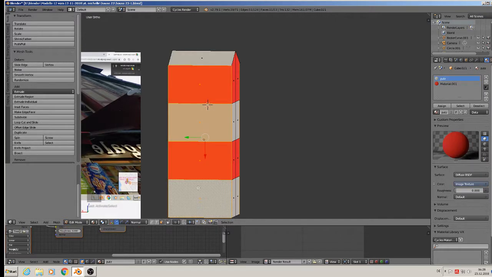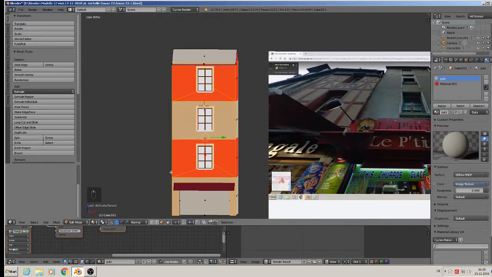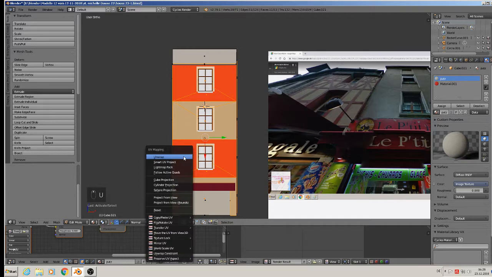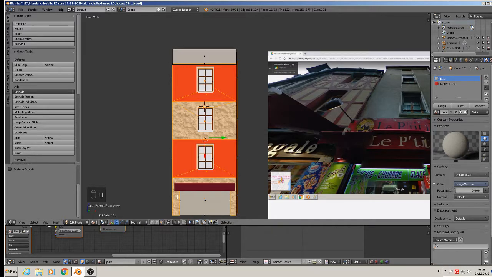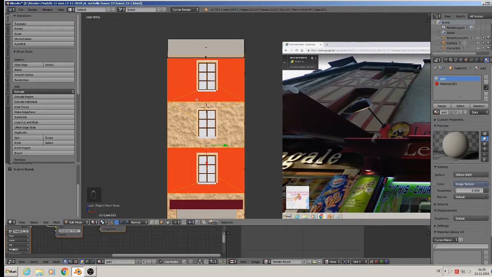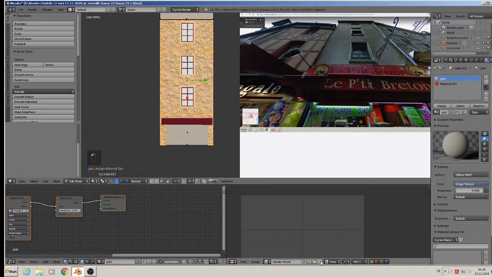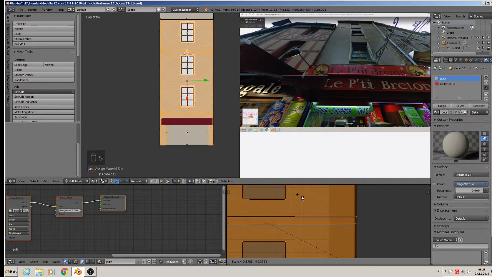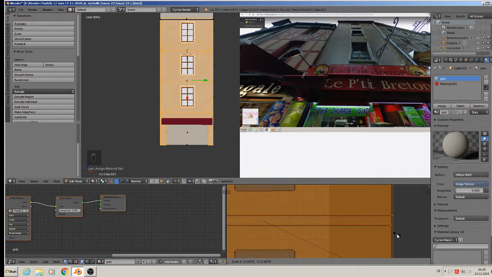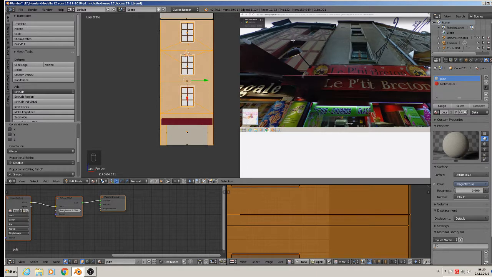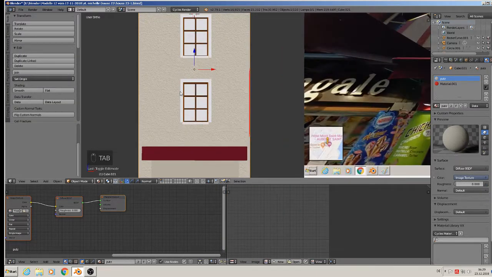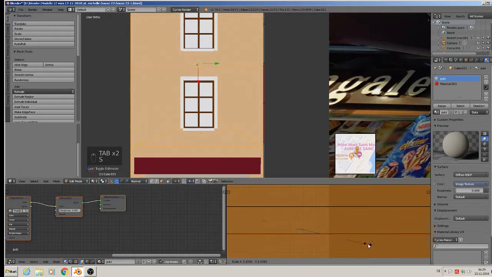And the back part, you take here U, unwrap projection from U, you see what happens. We assign that. Then we need here in the UV image editor space, there is the UV unwrap, and we can scale it down so that we get that part there. Can be a little bit smaller,